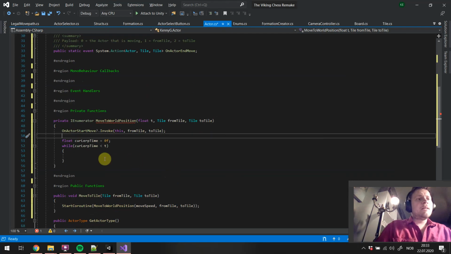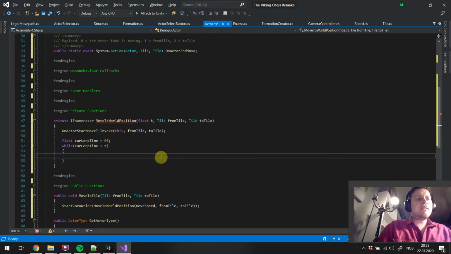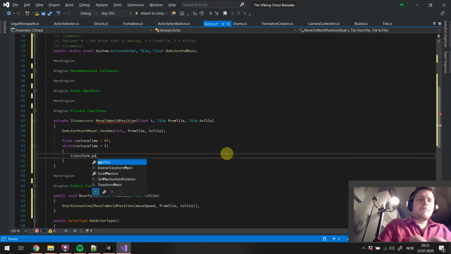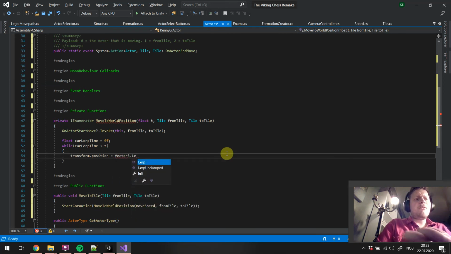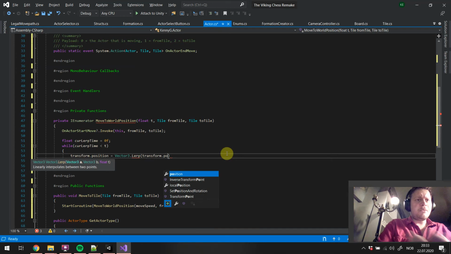All right, and then inside here, we are going to move the position of this object over time. So transform.position equals Vector3.Lerp from the current transform.position to tile,